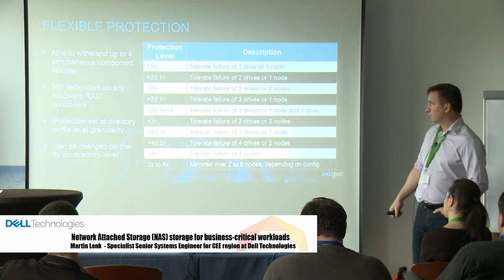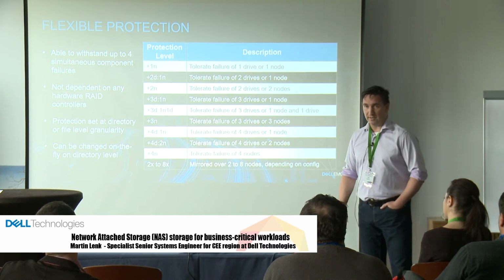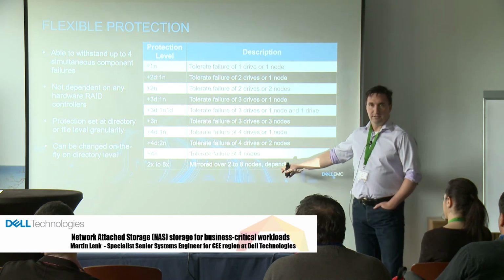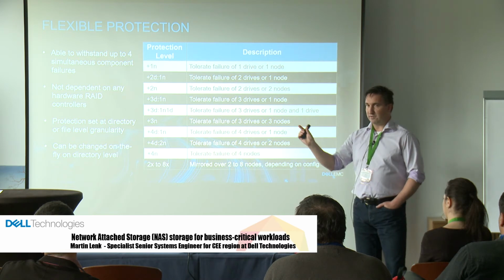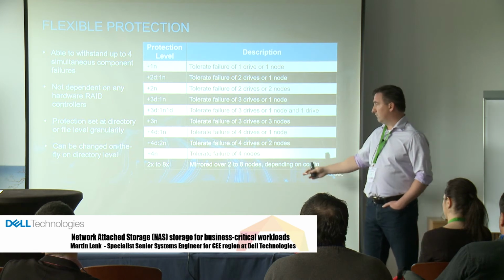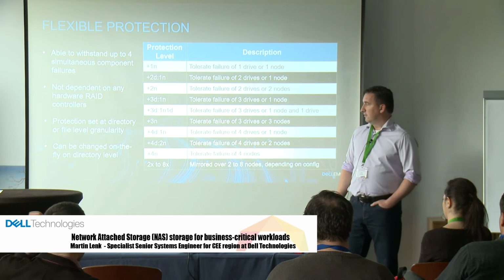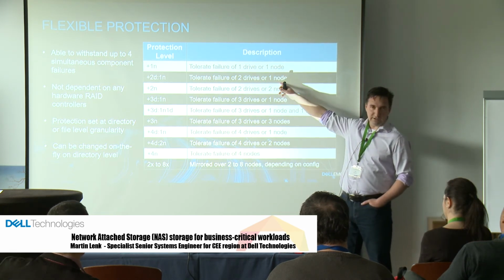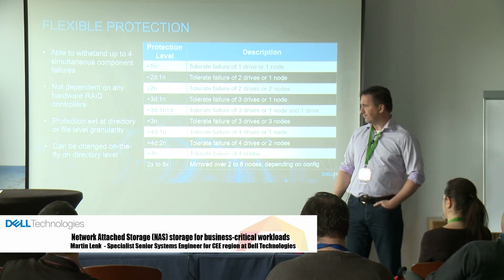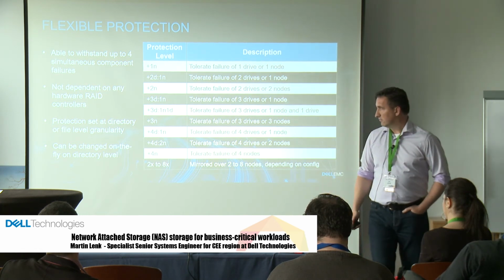If you have, for example, a most important project where you cannot lose any data, and you don't have any CPU cycles for rebuilding, you can mirror the data. For example, for 30 days, for this short time, you can have 4 copies of the data. Why not? So you make 4 copies, and when the project is done, everything is ready, I say, okay, dear Mr. ISILON, make it like RAID 6. Thank you. And then after a few hours, you have calculated RAID 6 protection, and that's it. Very easy.